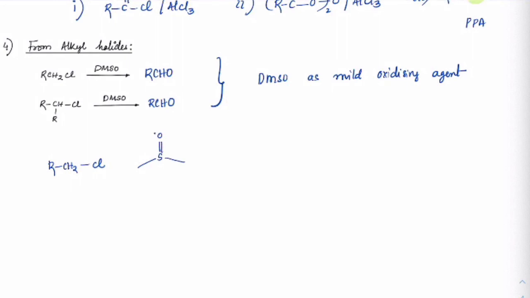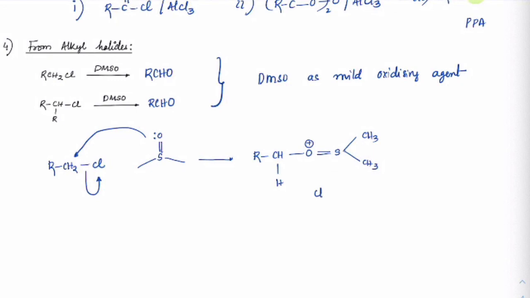So the lone pair on oxygen here attacks by the SN2 mechanism, removes this, and we'll get this as RCH2, O double bond S, CH3, CH3, with the positive charge,